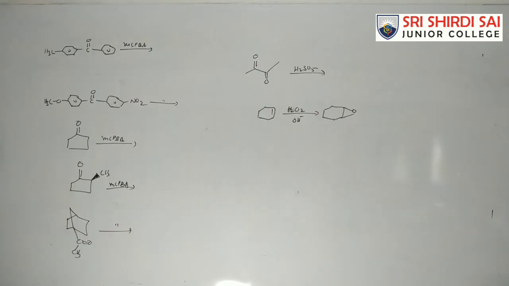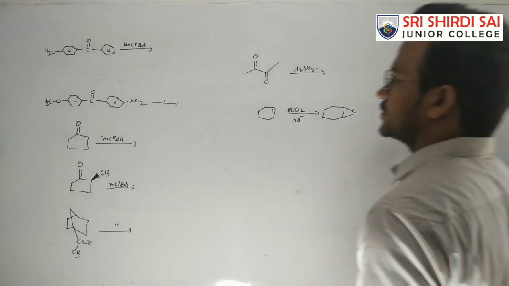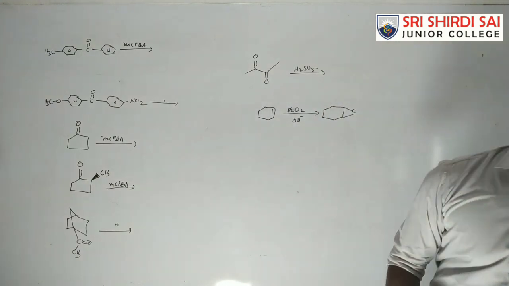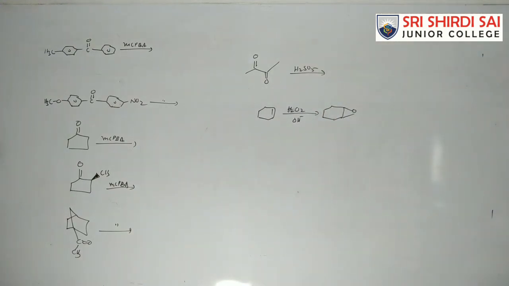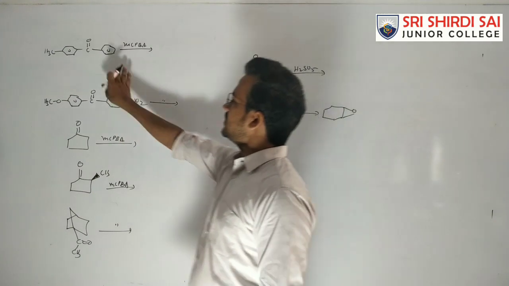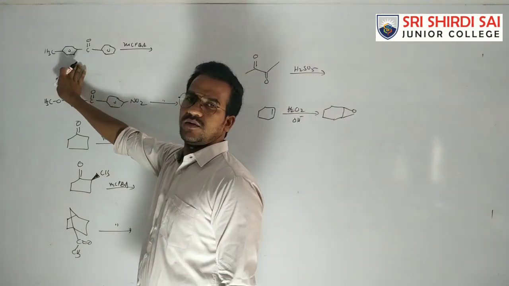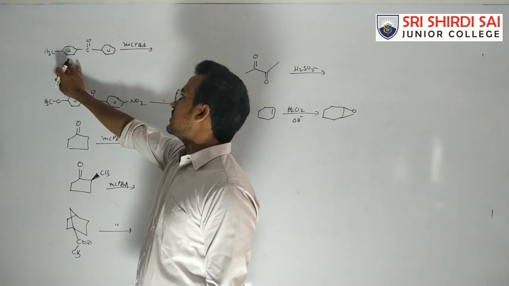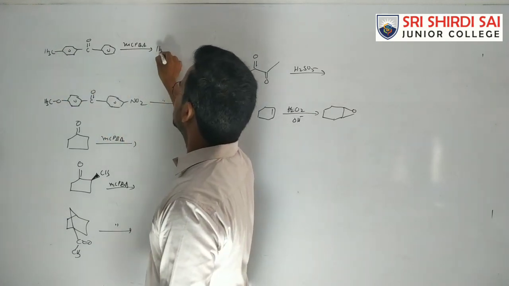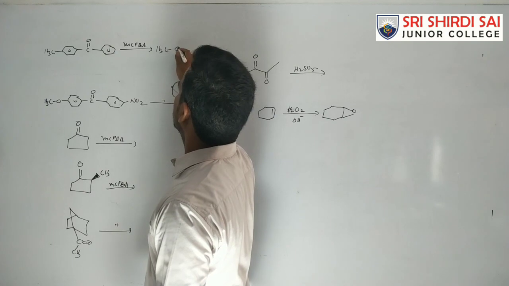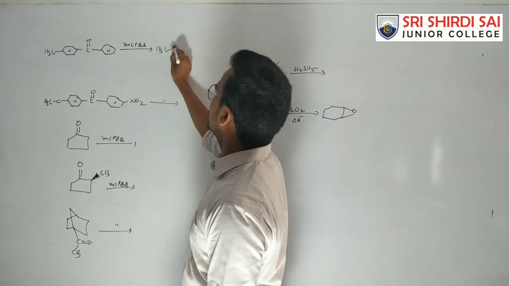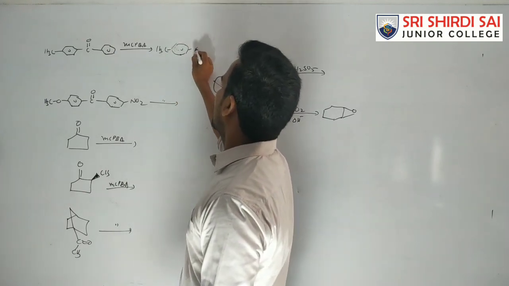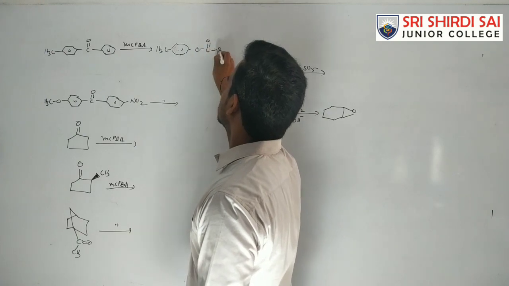Okay, so here are some more examples. In this case, the benzene is attached to a methyl group and a phenyl. Between these two, which is the better migrating group? The phenyl group contains a strong electron donating group, so that methyl is the better migrating group. So insertion of the oxygen takes place here like this. That means here you get phenyl, oxygen, C double bond O, and this is the phenyl.